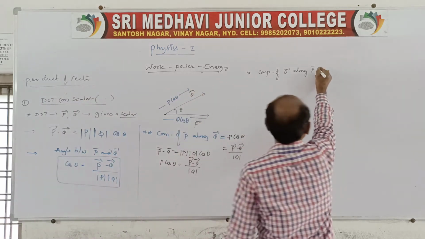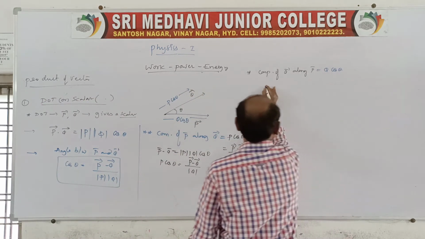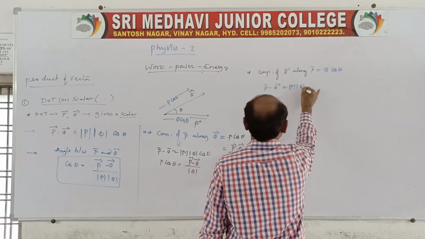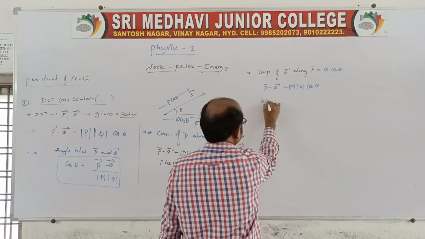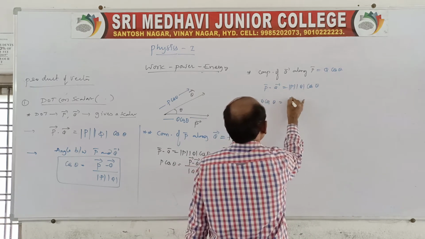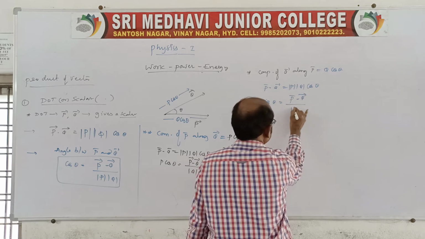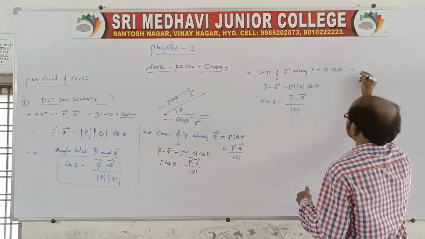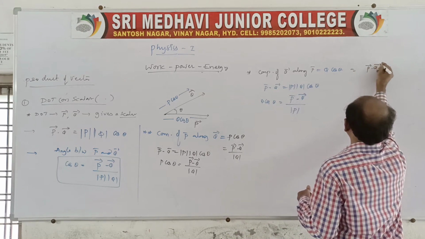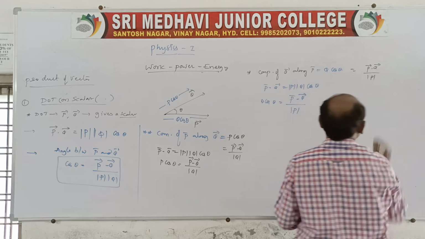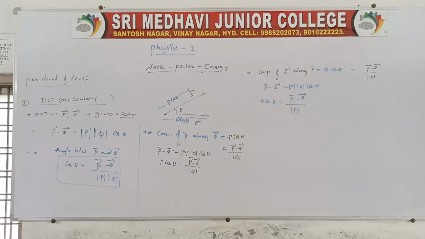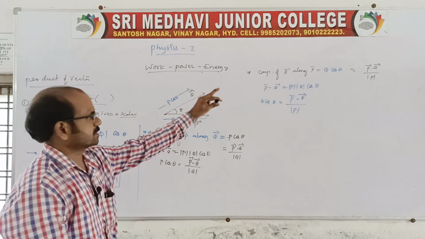Therefore, which is equal to Q cos theta. Of course, you take again P dot Q is equal to magnitude of P times magnitude of Q cos theta. Is that asking for Q cos theta, no? Yes, Q cos theta is equal to P dot Q by magnitude of P. Here you replace this, we can write it like this: P vector dot Q vector by magnitude of P. So this is the information related to the components along Q as well as the component along P.